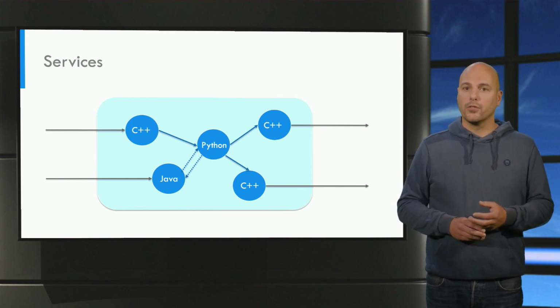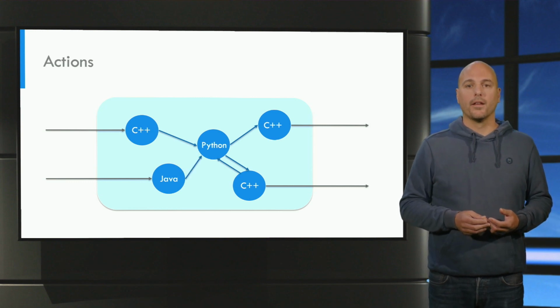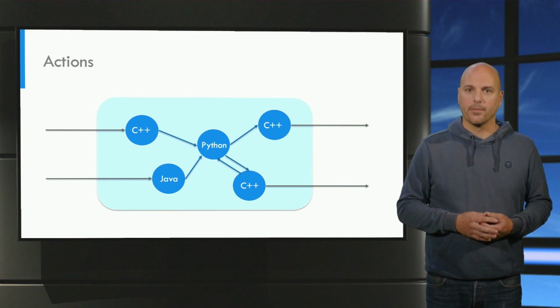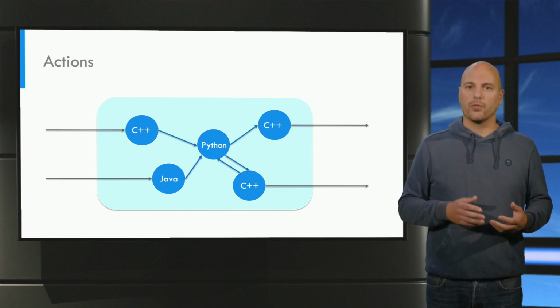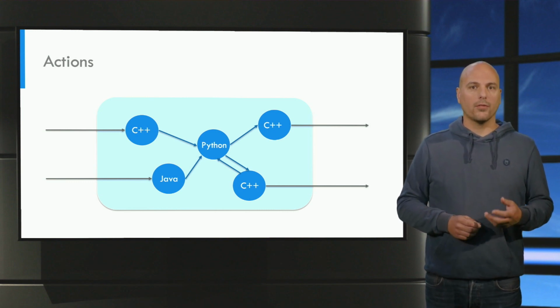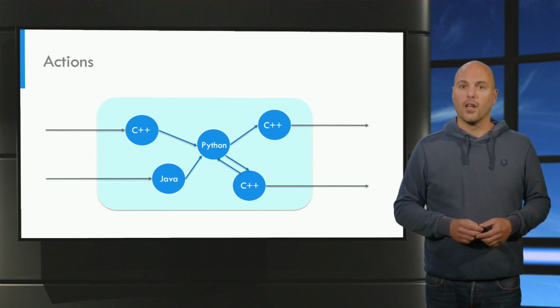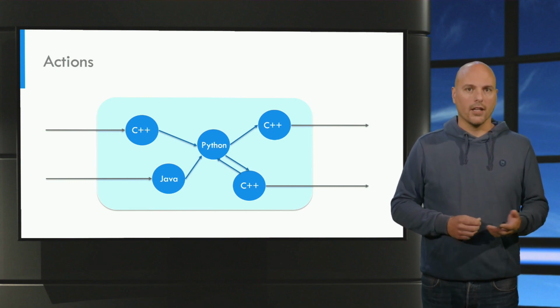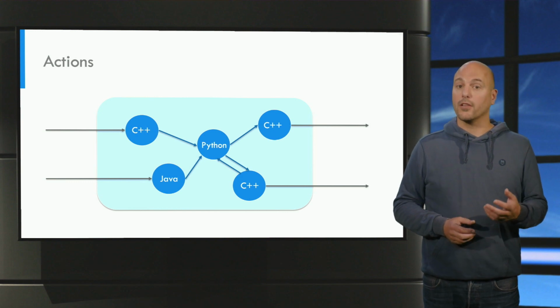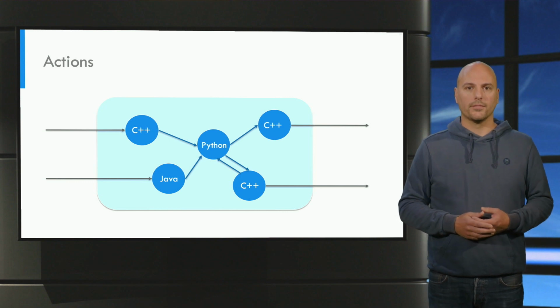But it might of course be useful to have non-blocking bidirectional communication as well. This is where actions come in. You can imagine that you want to move your robot to a certain position while still being able to perform other tasks. The action can be used to execute a long-running process while the client is still able to do other things. So why not always use actions for everything? Theoretically you can, but actions are harder to implement, making your code more complex. More complex code usually leads to more bugs.